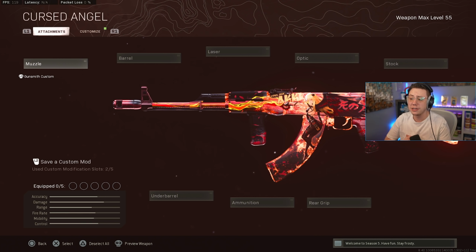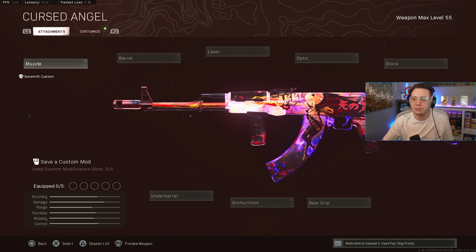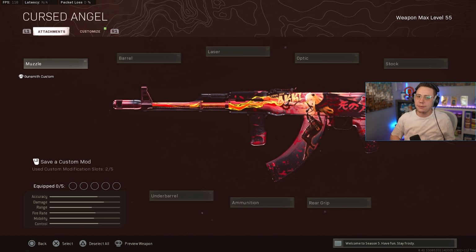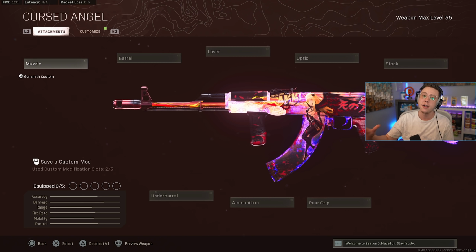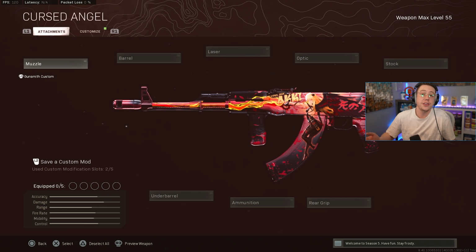Now, number 7 might come as a surprise to a lot of players. It's the Cold War AK-47. Statistically, there's not many weapons that are better than this, but while it's great on paper, in game, it is slightly held back by the fact that it's not super easy to use. It's not the fastest weapon in the world because it's a rifle, so it is relatively slow. And also the recoil is not super ideal, especially for ranged fights,